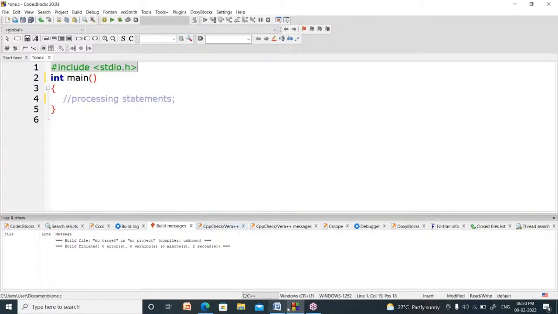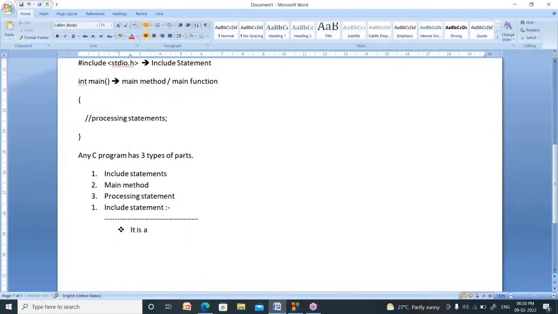So it is the first statement in any C program. Now it always begins with which symbol? This is called the hash symbol.